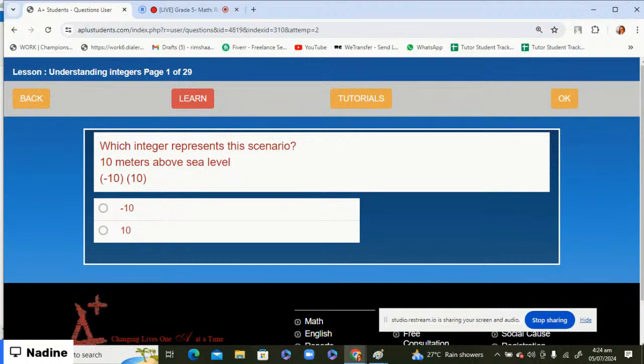Okay, you guys tell me. Something is above the sea level, it means that you are going to put a positive integer. Okay,